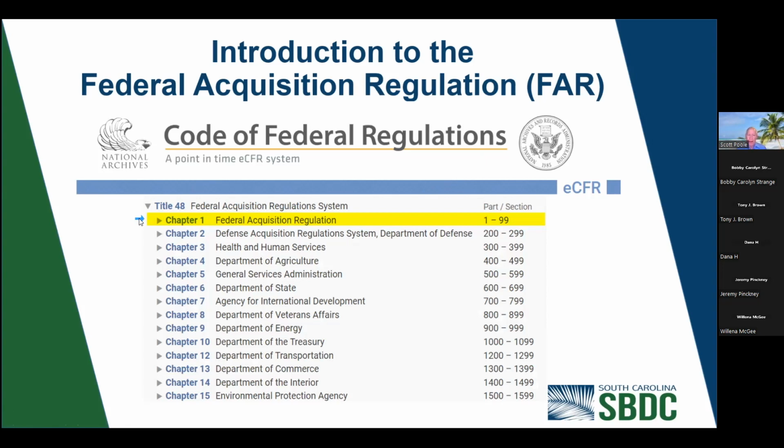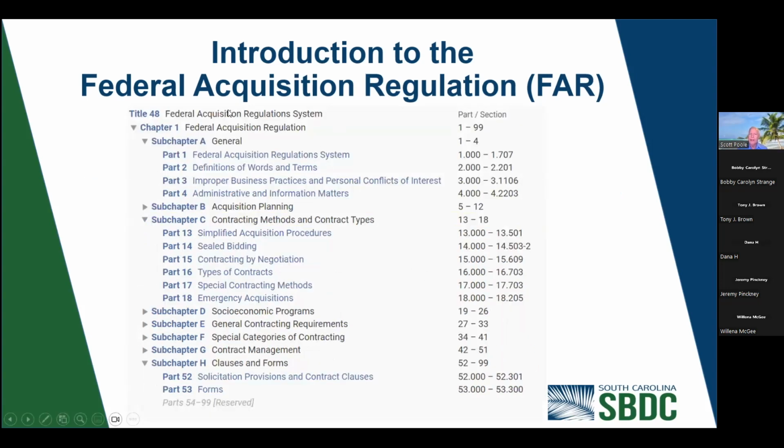and the next one is with DOD. Then you have Health and Human Services. So what these other ones are doing, they are like the FAR, but sometimes they have a little extra to them. The earlier example we saw, FAR 27, related to the DOD 227. Now, if you break down Title 48 in Chapter 1, the Federal Acquisition Regulation, you'll see that there are 8